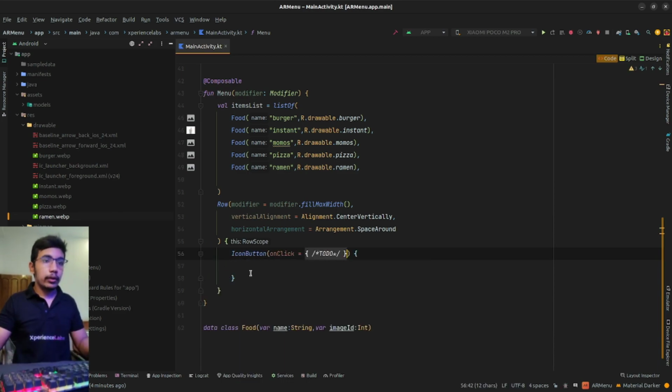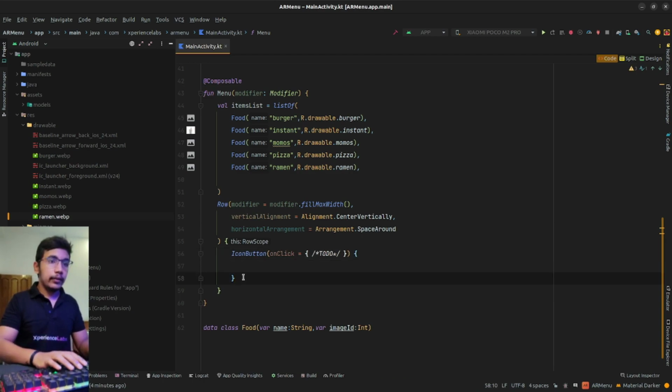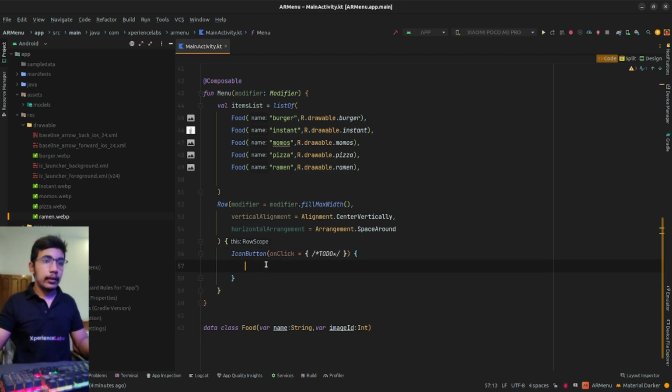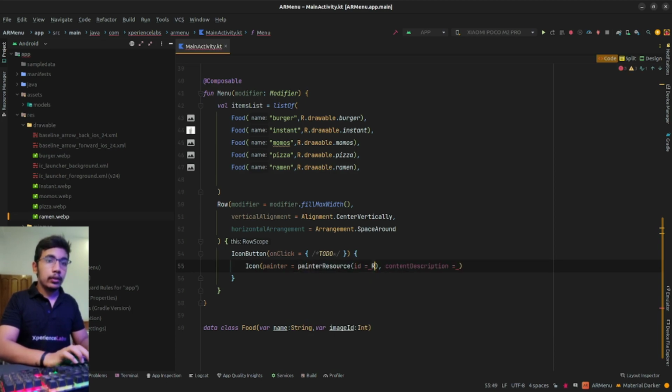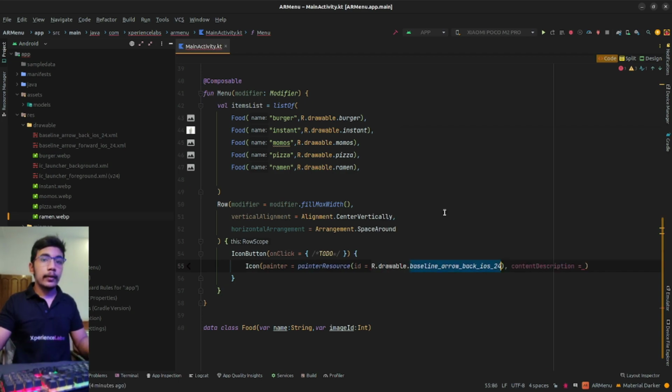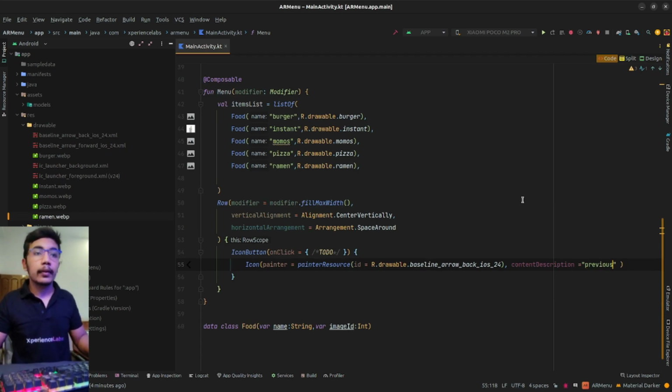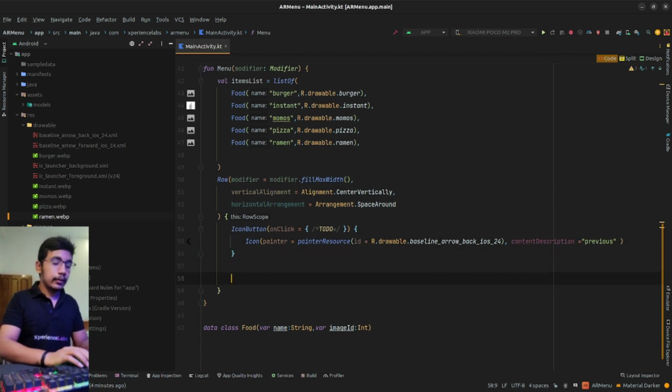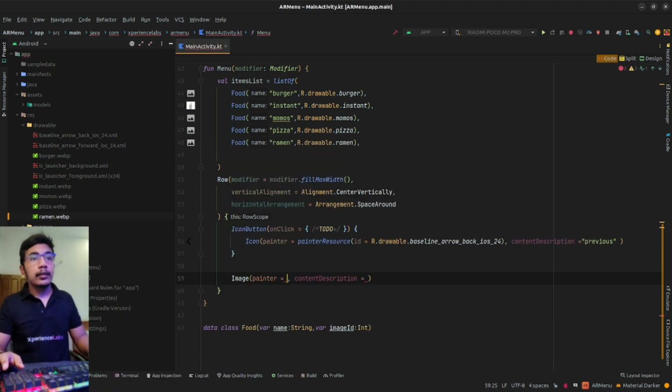Icon button, on click, leave it for now, and in the icon button we will have our icon, and that icon which we have downloaded, R.drawable.back, and let's give the description of previous. And the next thing will be image, and the image will be the current item from our list. So let's leave that for a while